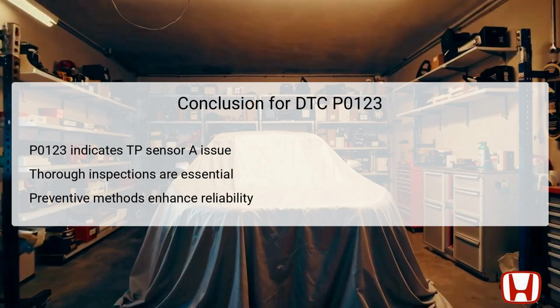and resolution. By employing thorough inspections of the wiring and sensor outputs, technicians can effectively pinpoint the problem and implement necessary repairs. Moreover, preventive maintenance practices enhance the vehicle's reliability and performance, reducing the risk of recurring issues. Ultimately, addressing DTC P0123 expedites the restoration of optimal engine function, ensuring a safe and smooth driving experience for Honda